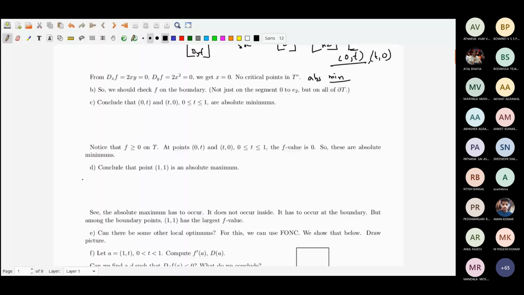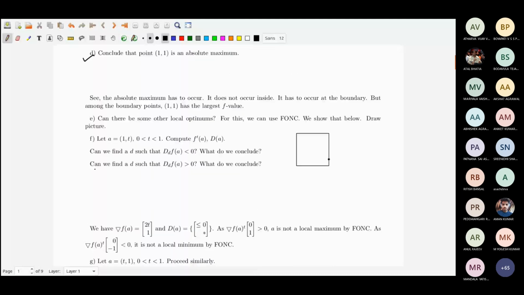Now what do I do? Now I am asking, what about the point (1, t)? So here I have (1, t), the point. What about the point (1, t)? See, when somebody says optimize this in nonlinear problems, it basically means you are supposed to talk about the local minimums and local maximums. What you have done, you have got the absolute minimum and absolute maximum. Now, what about this? And how do I use FONC here?